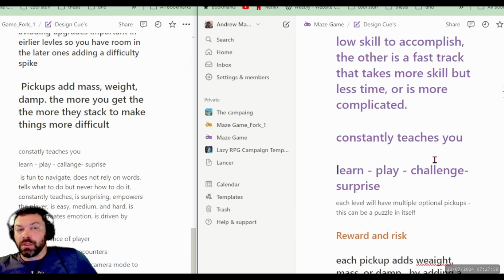Constantly teach you each stage. Each level should be teaching you some new mechanics, some new way to get through the game. So you learn that, you play it, it's challenging, and then there should be a surprise. And I think the surprise is where we get into animation,